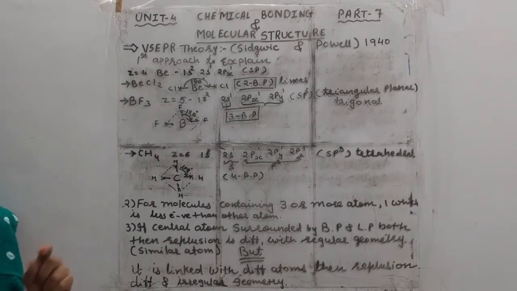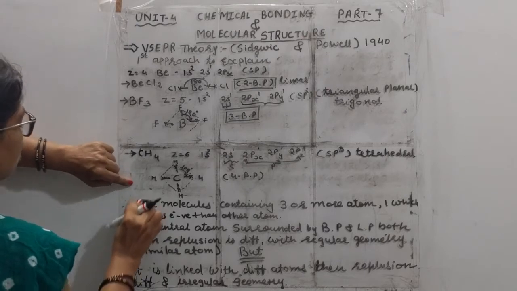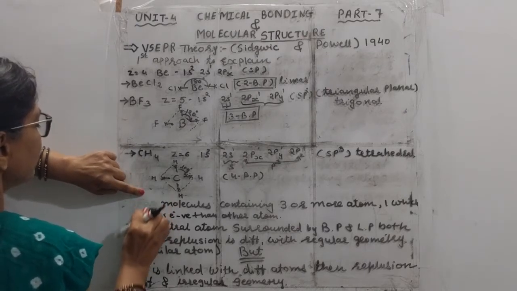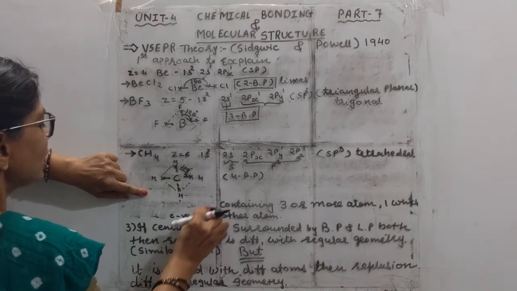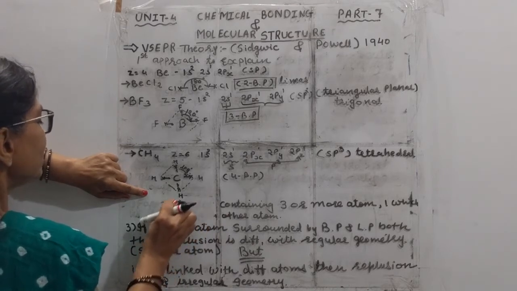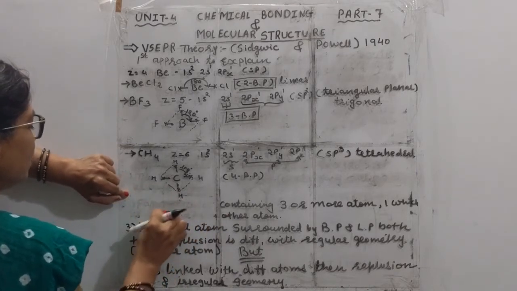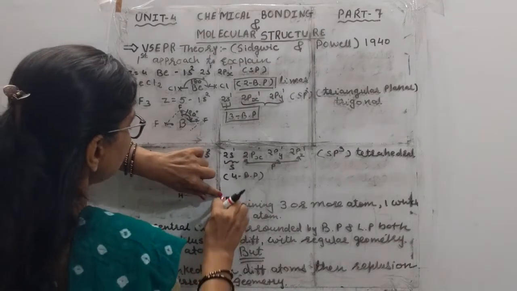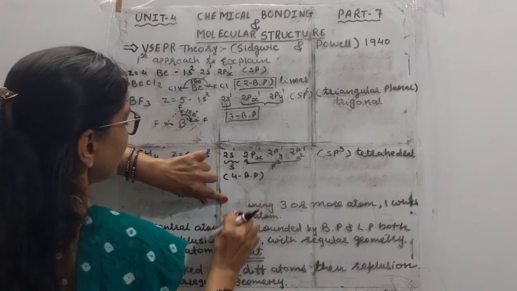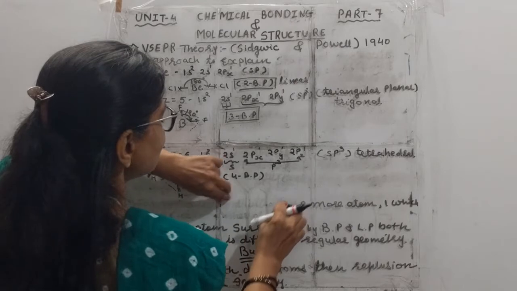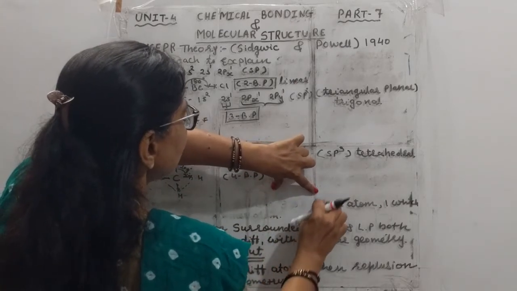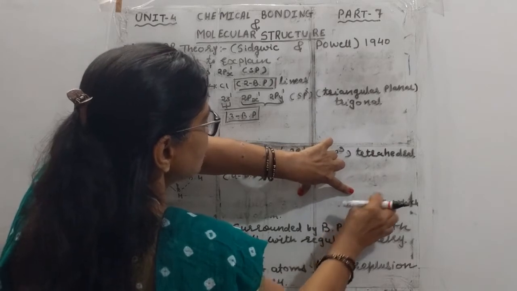Now we'll go with the example which has 5 bond pairs. And if we want to take some more examples, we can take CCl4, carbon tetrachloride. We can even take the example of SiCl4, silicon tetrachloride. Si is the central atom and it is surrounded by Cl. So this way you will learn properly about the VSEPR theory. But student, there is some drawback to the VSEPR theory also, which can be overcome by the valence bond theory.